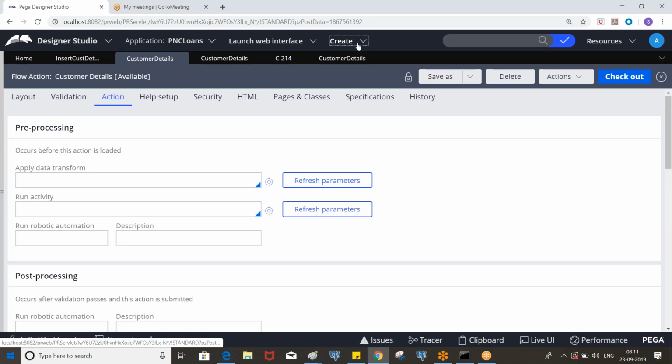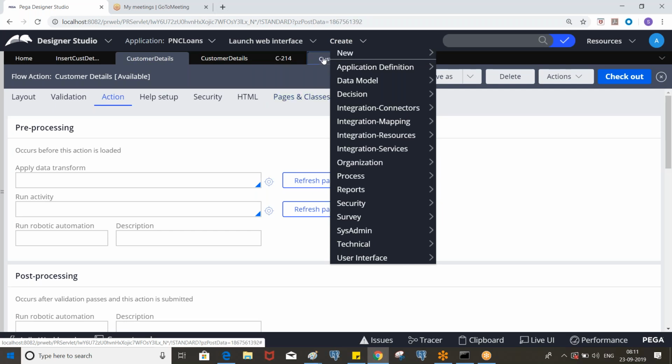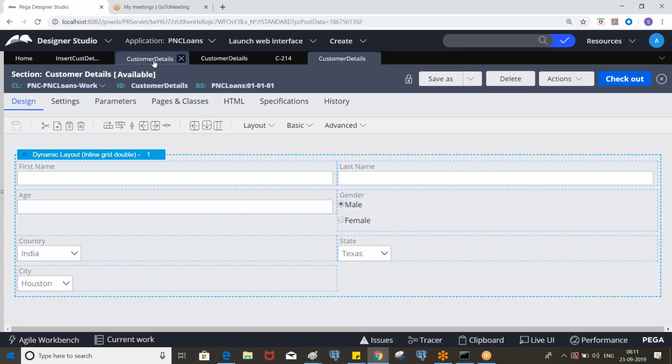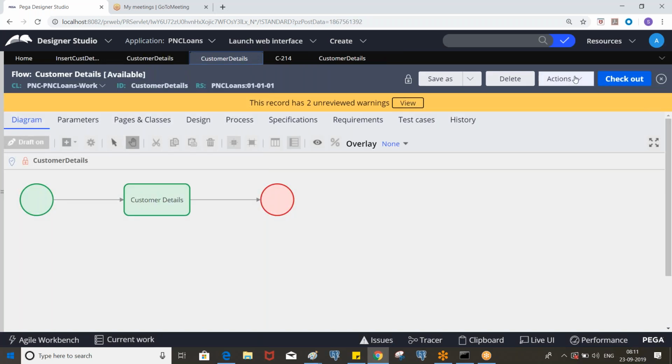Okay, so now let's execute the flow. When you execute a flow, this activity will be executed when you click on submit. So now can't we trace this activity? Before submitting it, you open the tracer, and you will see that activity steps on the tracer.